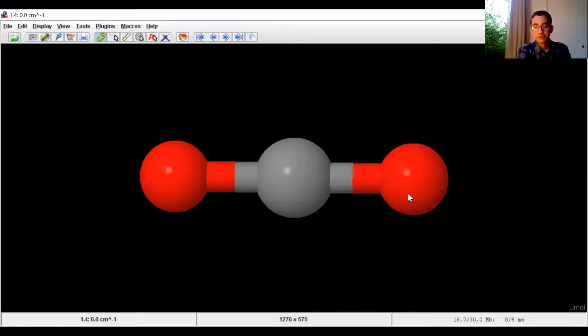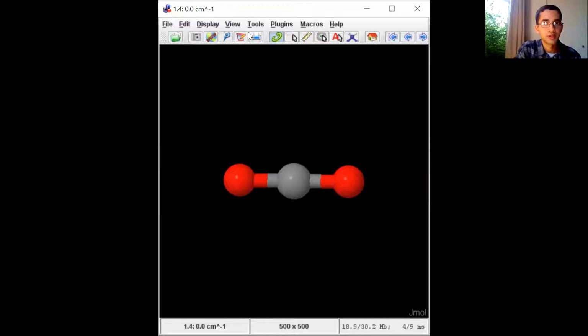Now, to do vibrational mode analysis, you do need specialized software. You can't do it using free software. But anyway, there's something known as Gaussian, and you need to feed this carbon dioxide molecule into the software, ask it to calculate vibrational modes, and then it just comes back to you with the data. But anyway, I've done this as an exercise to show you all.